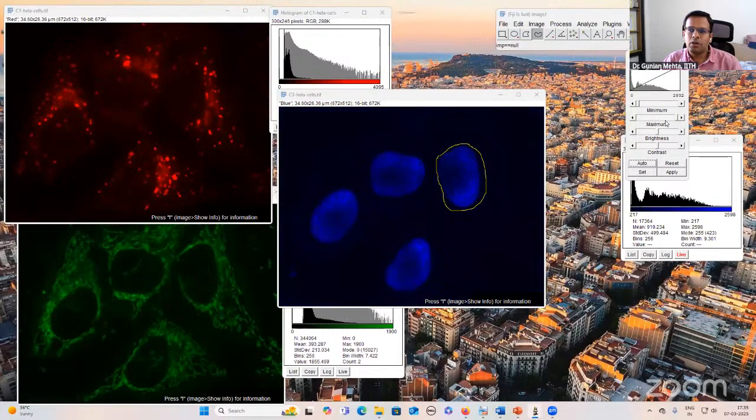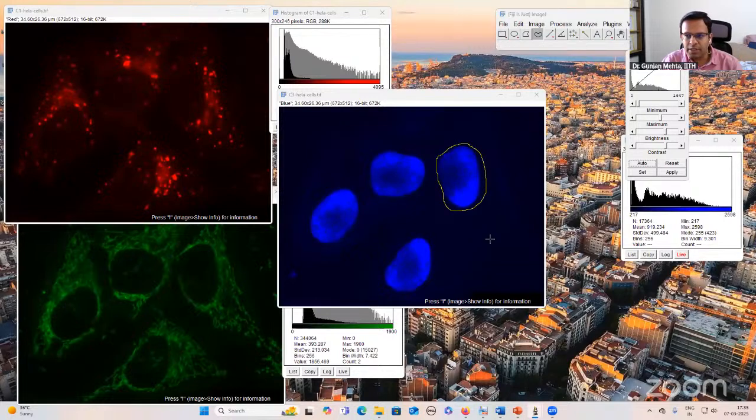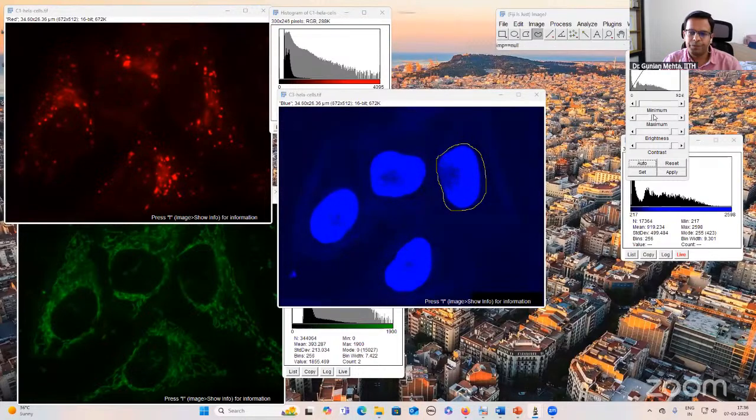Okay. These are all known as linear adjustments. So whatever you are doing, you are doing across the image. So they are okay for publication purpose. You can just slightly change them here and there to make things properly visible and to show the actual details that you want to show. Okay. But if you don't know how much to push this bar, then you will end up showing wrong information. Okay.